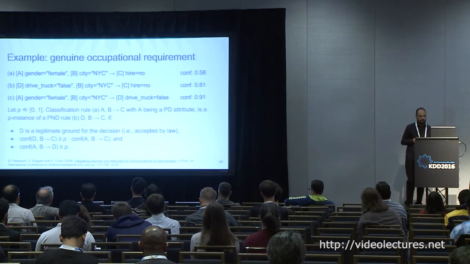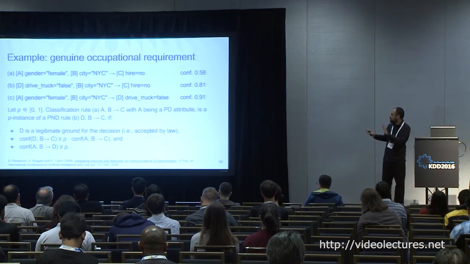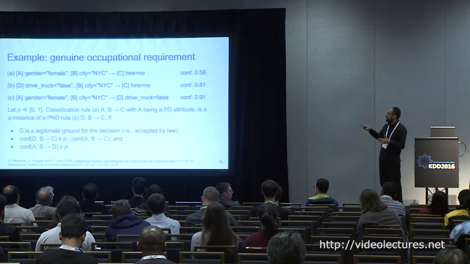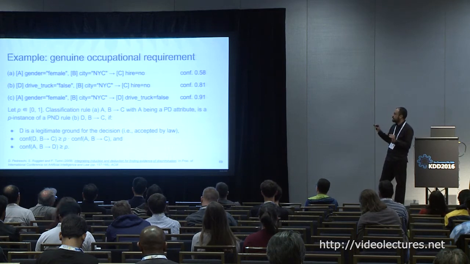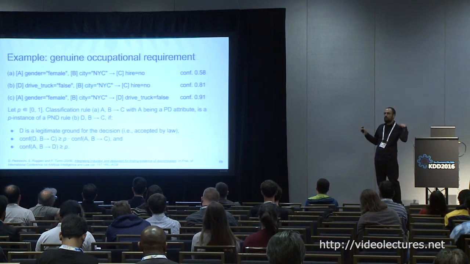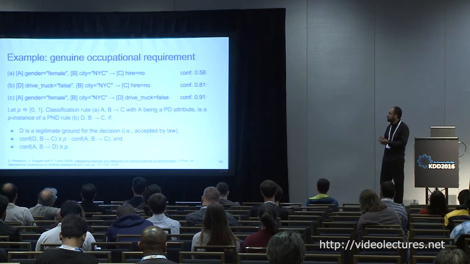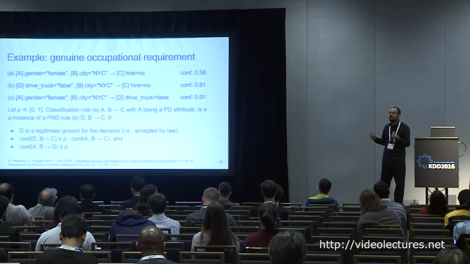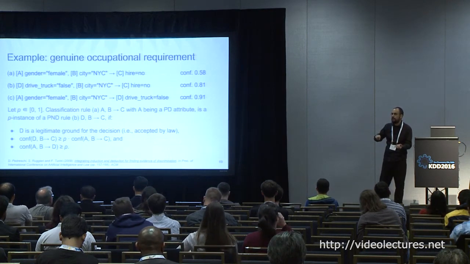P instance of a potential non-discrimination rule, and they say, well, if you have a legitimate ground for the decision, and if the confidence of the rule involving these legitimate grounds is more than P times the confidence of the rule that doesn't involve it, then this is a P instance of a potential non-discriminatory rule. What the authors claim here is that if you find such cases with a large P, then you can say, well, I cannot claim that this was really discriminating against females. It was discriminating against people that didn't have a driver's license for trucks, and